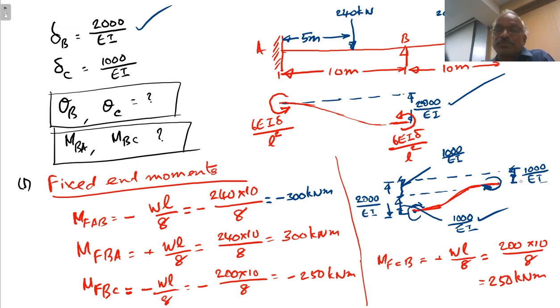This is how we have assumed the derivation. Compared to the left support, the right support moves up by delta. Therefore, plus 6EI delta by L square, that is only causing the value within the equation, plus 3 delta by L. Right. Now minus 250 plus 250. Theta B is there. Theta C is there. Compared to the right support, the left support settles. So these points you have to remember.